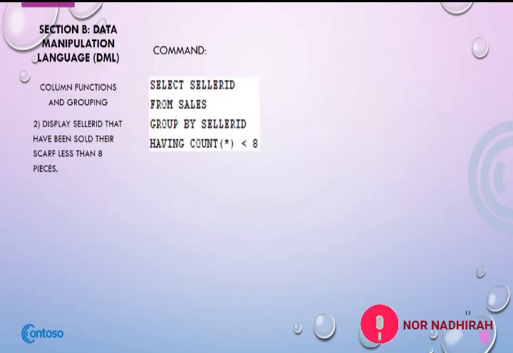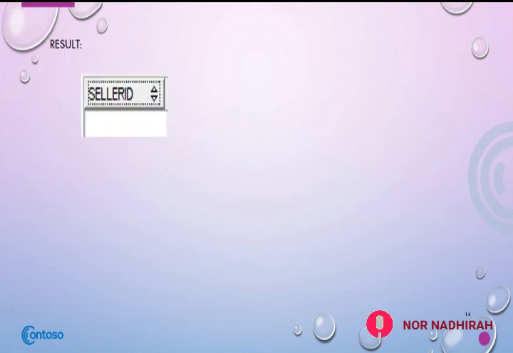The second question is, display seller ID that have sold less than 8 scarves. The command is select seller_ID from sales, group by seller_ID having count less than 8. So the output is